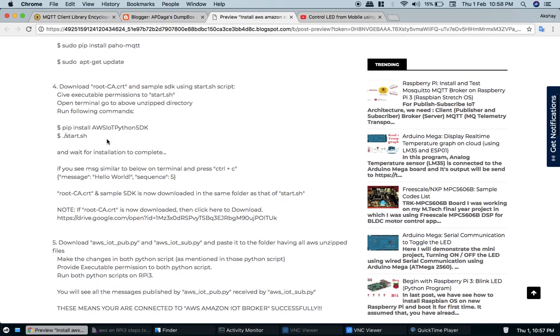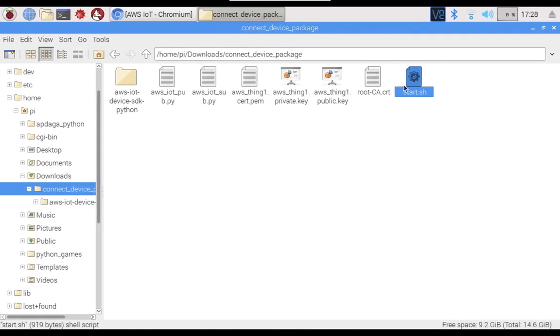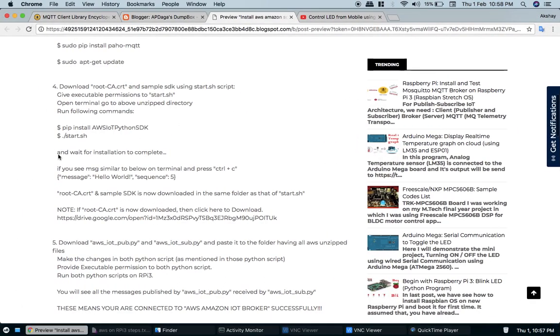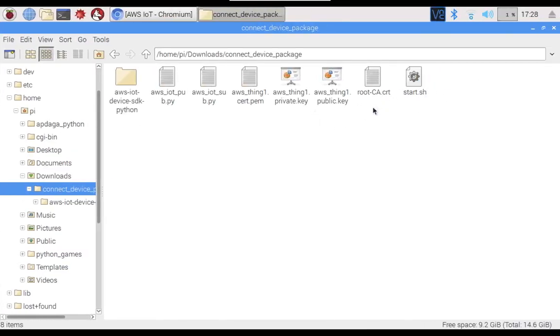Then the next thing is you need to download the root-ca.crt file. For that you need to run this start.sh file, which is given in this zip file, and before that you need to run this command: pip install AWS IoT Python SDK. After doing that, this root file will be downloaded.